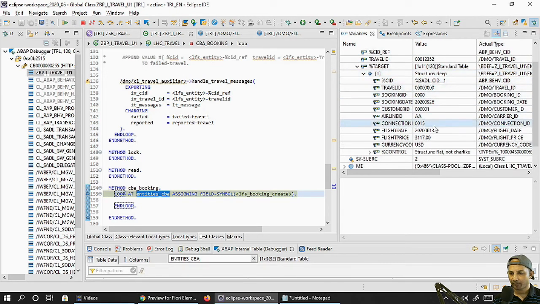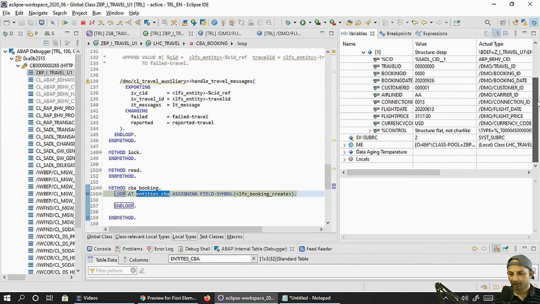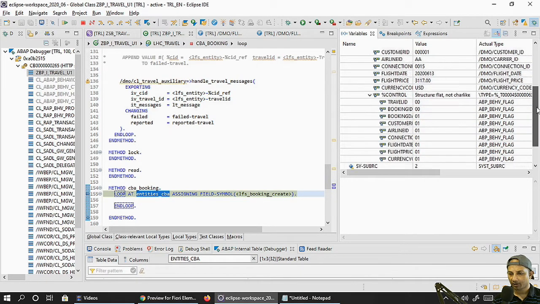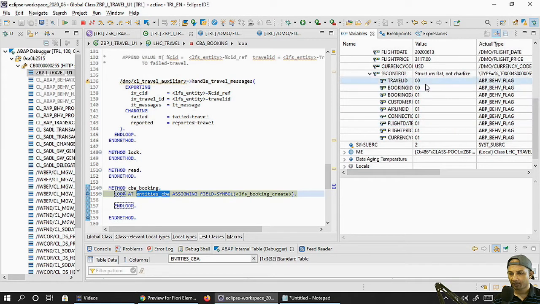You see the travel ID in the booking instance is not available, so somehow this mapping is missing, and the booking ID is of course empty. That is what we intend to create this time. And we have a control parameter that shows what things we have modified over the screen. Cool.